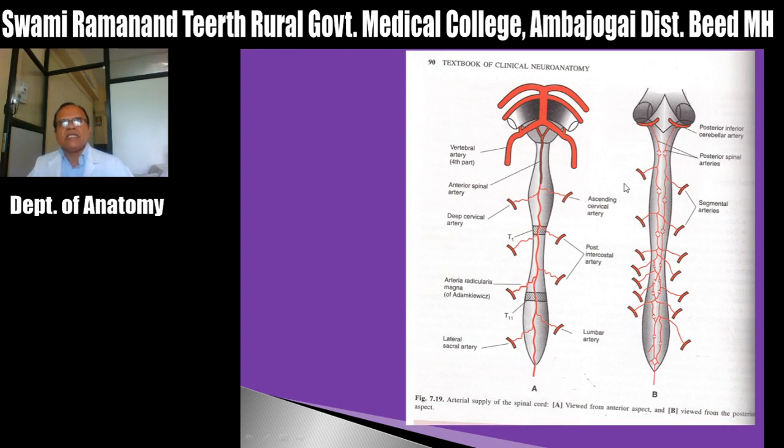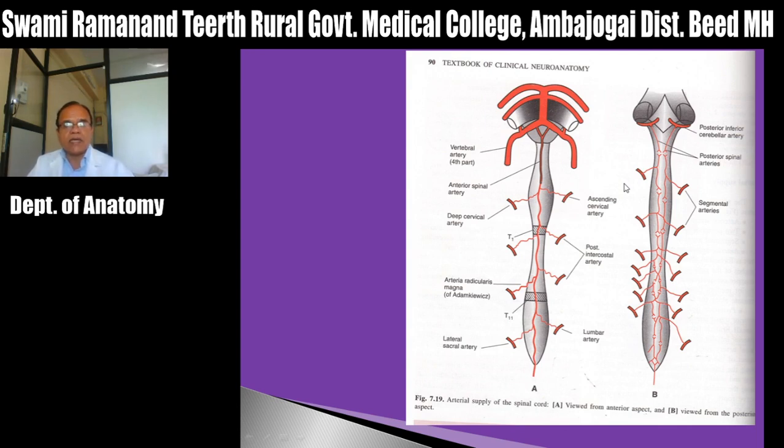As well, we have seen the cut sections of the spinal cord at the various levels and how they look. We saw the external features: when you see it externally, the anteromedian fissure, posterior median sulcus, anterolateral sulcus, posterolateral sulcus, etc. Then the internal structures, the grey matter and white matter, the divisions of the grey matter and the various nuclei, and the divisions of the white matter and the various ascending and descending tracts. We will see that in detail later. So this is about the overall spinal cord.